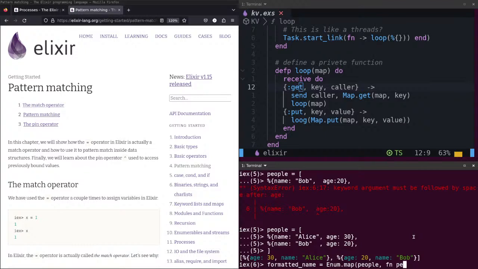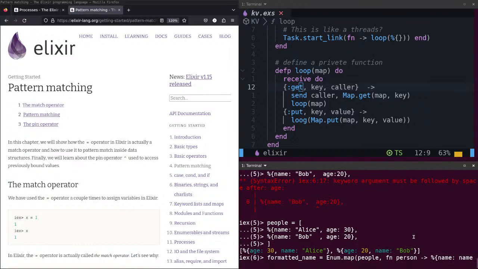No, people, person. They return a new map where name is name equal person.